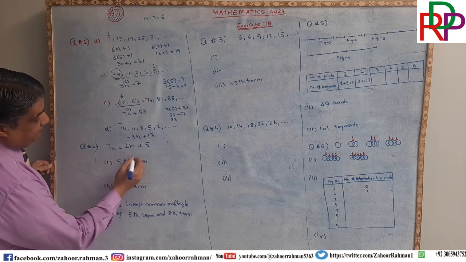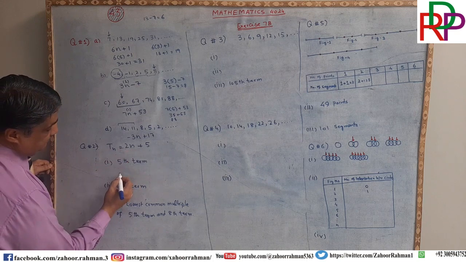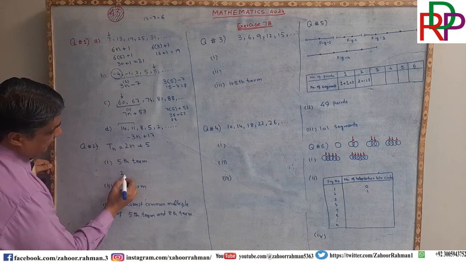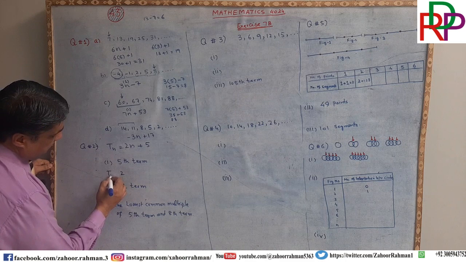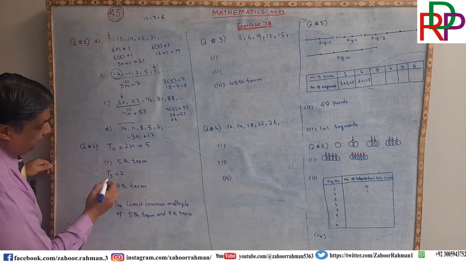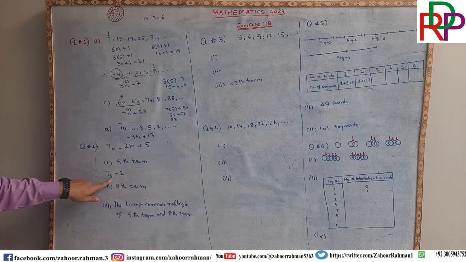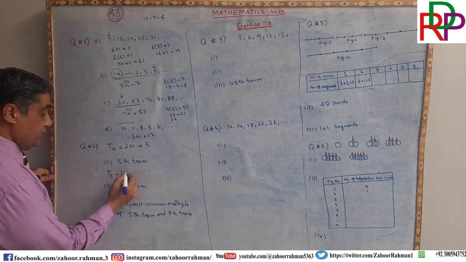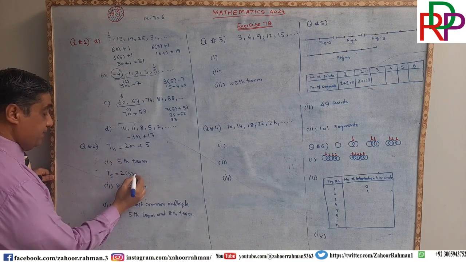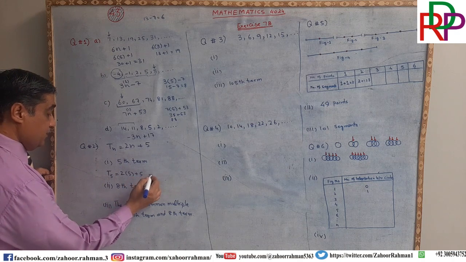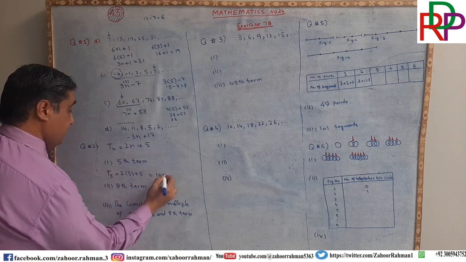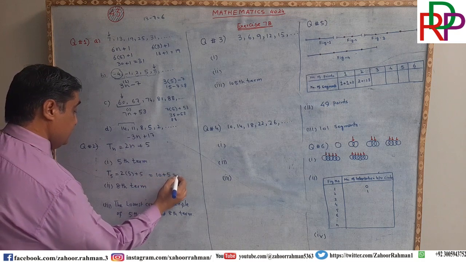So they are saying find the fifth term. So we have to put 5 instead of n wherever it is. T5 is equal to 2 into 5 plus 5, which is equal to 10 plus 5,